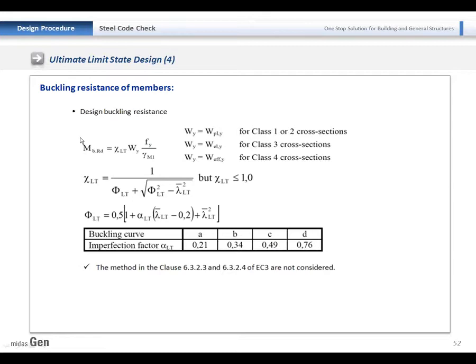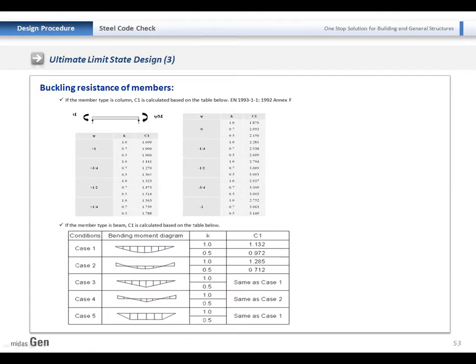Shear buckling is included in the previous one, and this is the lateral torsional buckling. When you check the lateral torsional buckling, the complex parameters need to be considered in Eurocode 3. In order to calculate the correct moment, this factor, the C1 factor, is required. This C1 factor is determined based on the bending moment diagram. This can be determined by the program automatically. So by performing the Eurocode 3 steel design, the program will check this one as well.